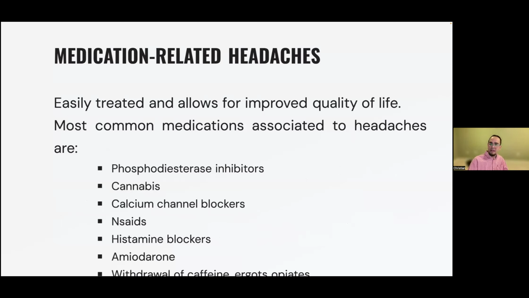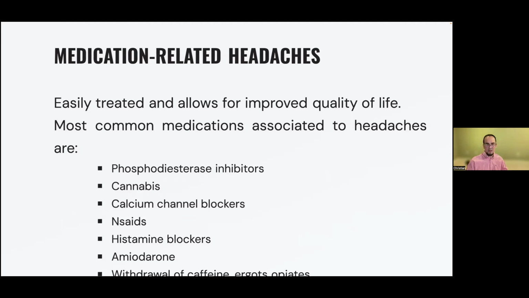Then we have medication-related headaches. I wanted to bring it up because sometimes we don't think about certain medications that could cause headaches. And these are considered the easiest ones to treat and could potentially lead to a significantly improved quality of life. The most common medications associated with medication-related headaches include phosphodiesterase inhibitors like Viagra, cannabis, calcium channel blockers like Norvasc or amlodipine,